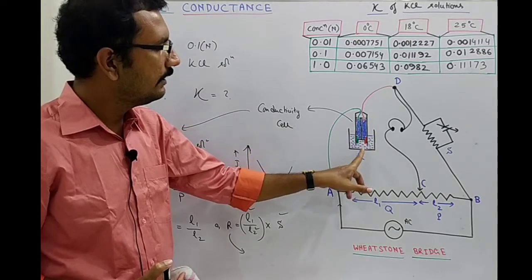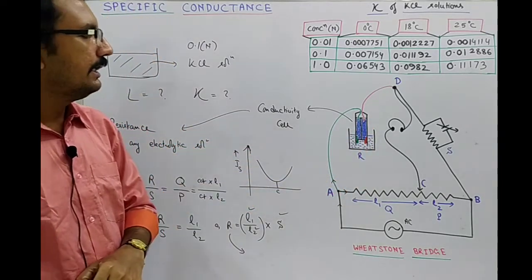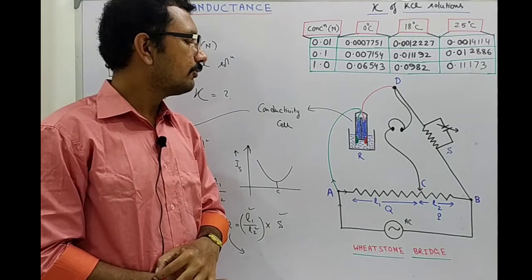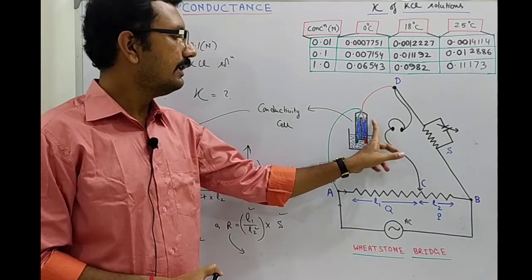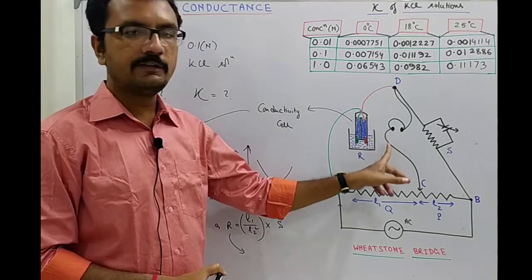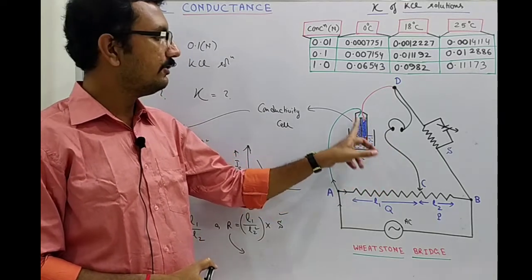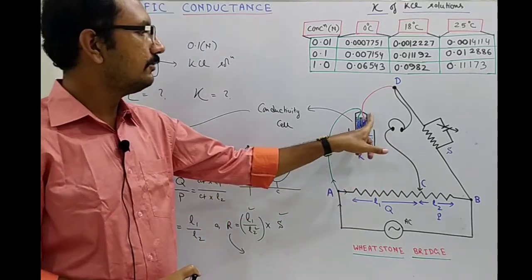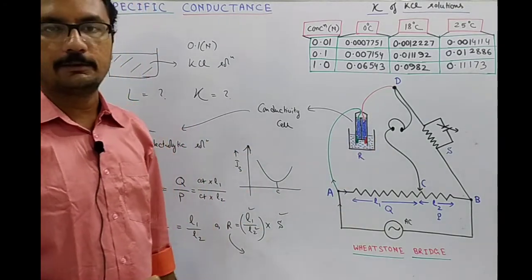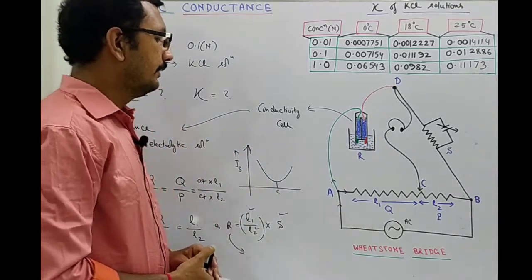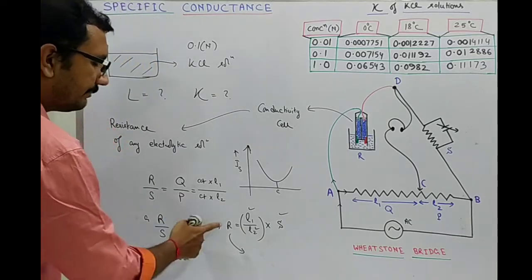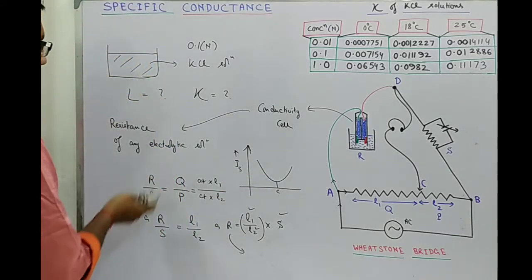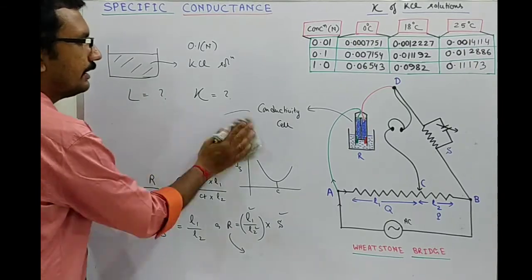So, this task is not yours, it is the task of the company, the enterprise which is going to build this, and that company will sell you. It is the responsibility of that company to print this on this conductivity cell. So, I am coming to this. So, we have the resistance of the electrolytic solution, it is known using this technique.